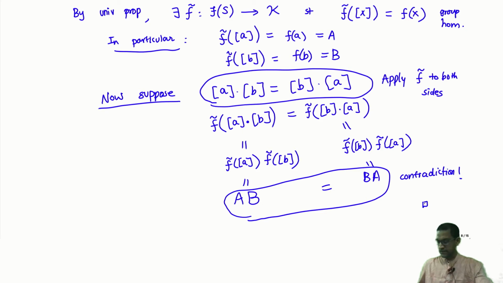In some sense, the broad idea of these sorts of proofs is the following: any property that you want to show holds in the free group, for example that A and B don't commute, you try to produce a concrete group and certain elements in that concrete group which don't have that property. So if I have to show, for example, that AB is not equal to BA, one way of doing it is to find a group in which there are two elements A and B where AB is not equal to BA, and then you just map these elements small a and small b to capital A and capital B. We'll see another example of this kind, and hopefully things will become clearer.